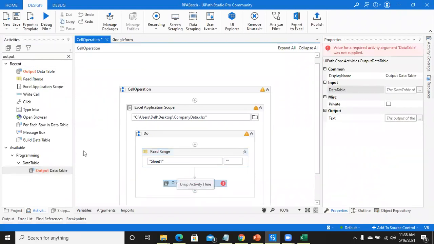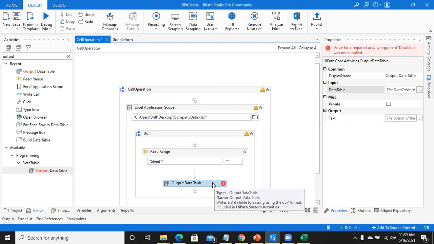All the activities are drag and drop. We have taken Output Data Table, and in it we are converting data table values to text values. Always remember, for Output Data Table, the input is a data table and the output is always text.